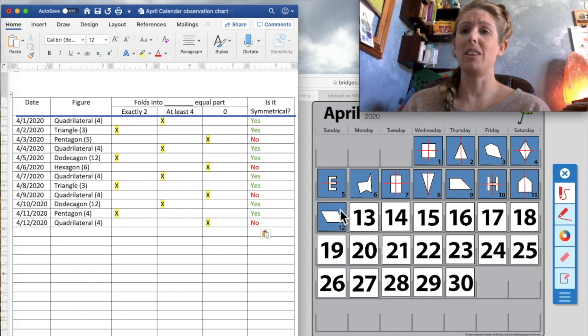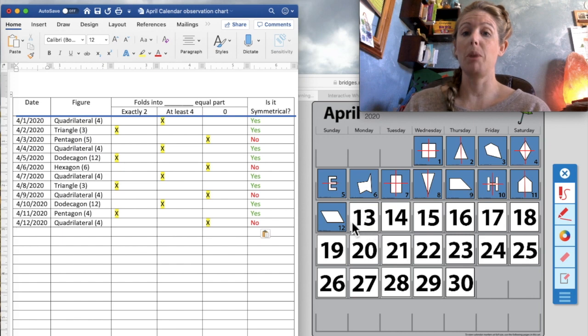And on the 12th, this one was definitely a tricky one. No matter which way I folded it, there was no equal parts, and so there was no line of symmetry. If we look here, we have the 13th for today. Let's do our date. Repeat after me. Today is Monday, April 13th, 2020. Let's say that one more time. Today is Monday, April 13th,